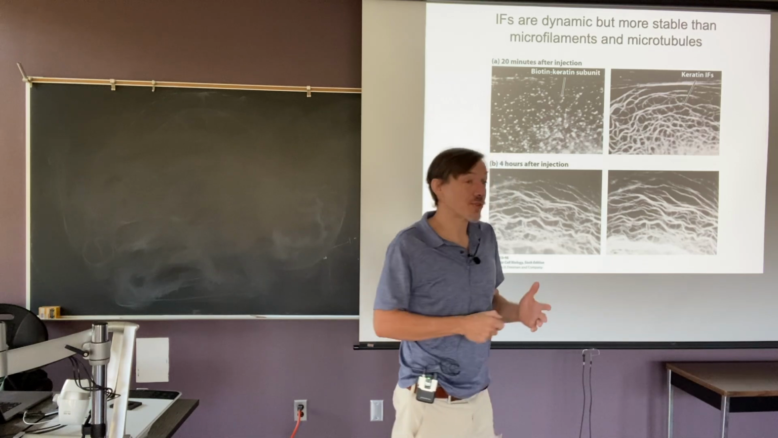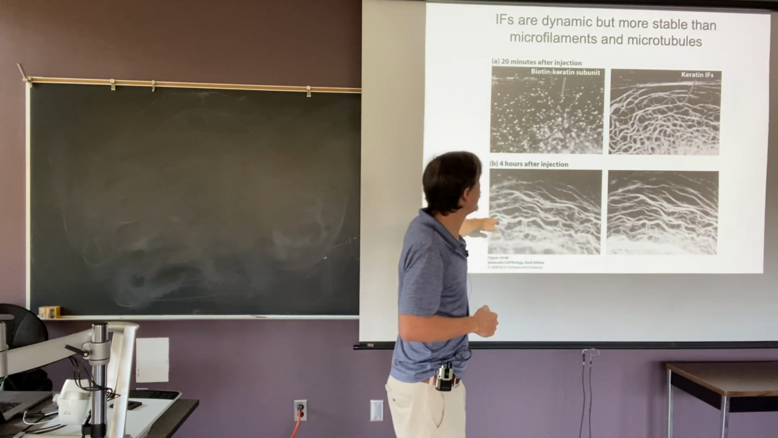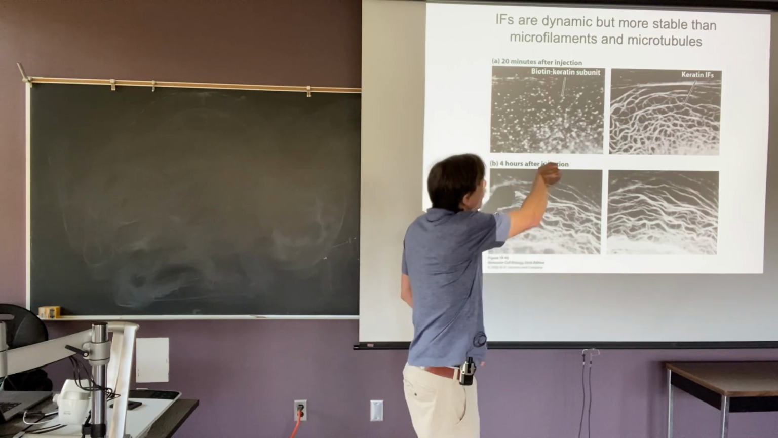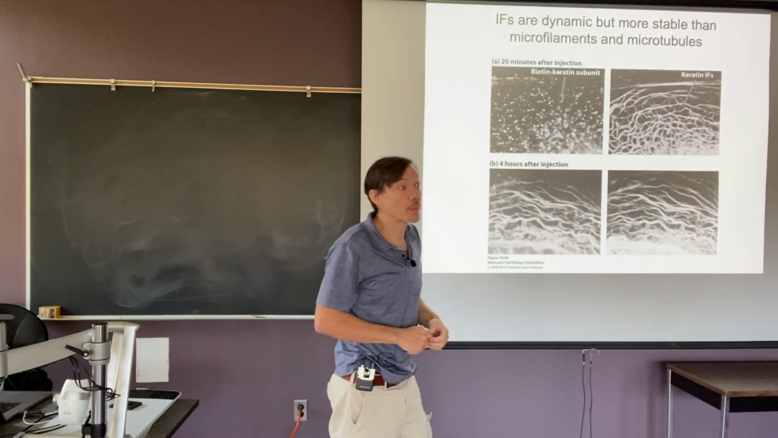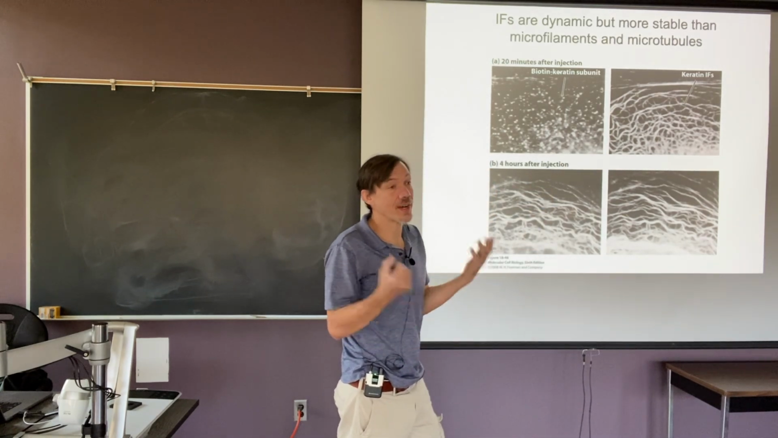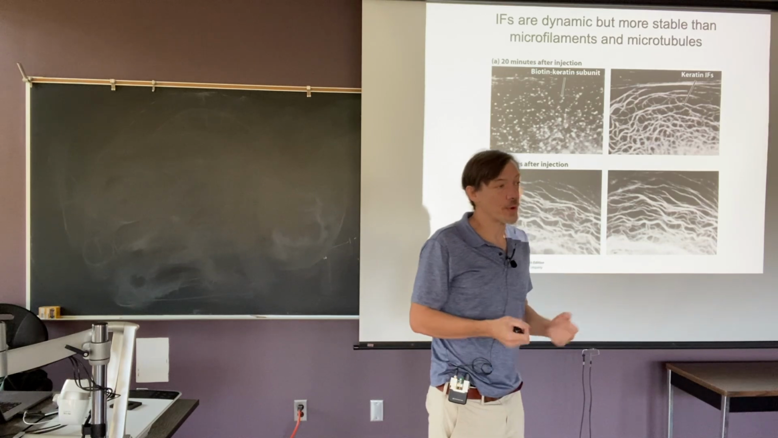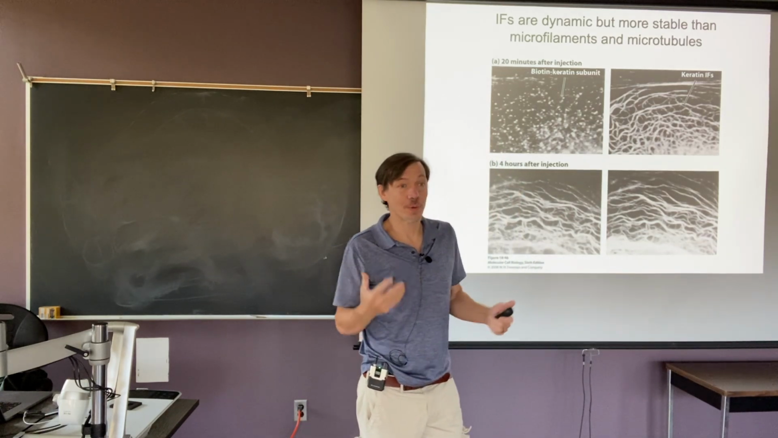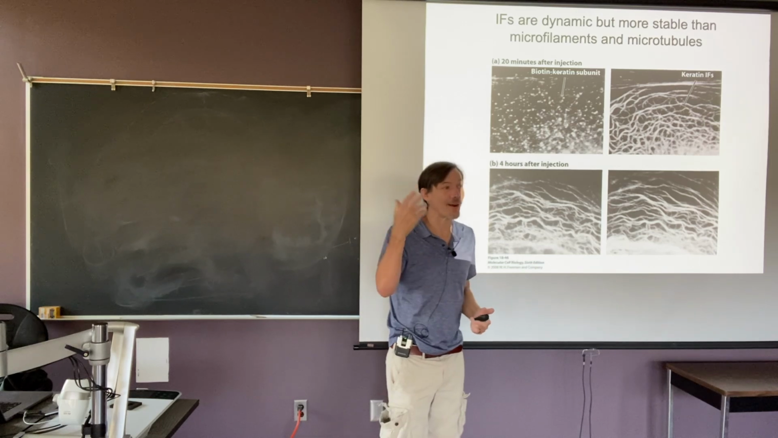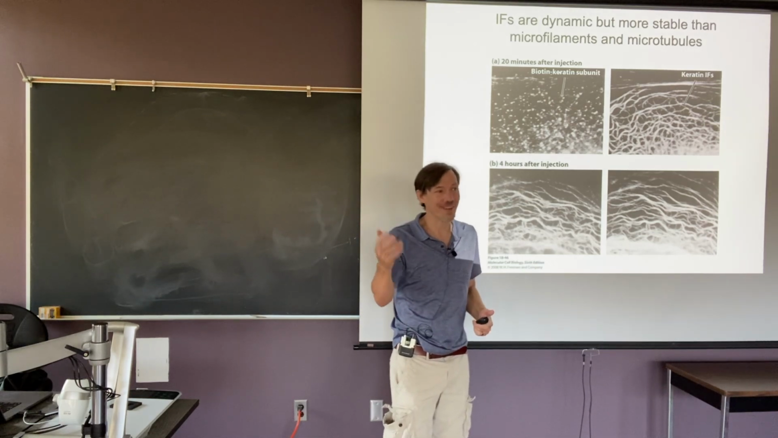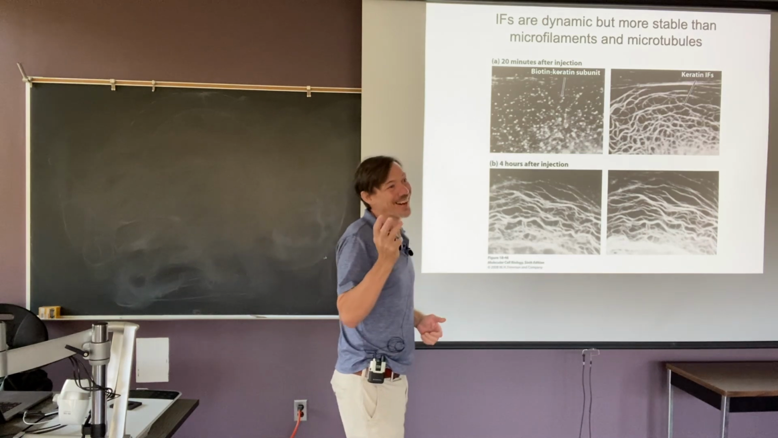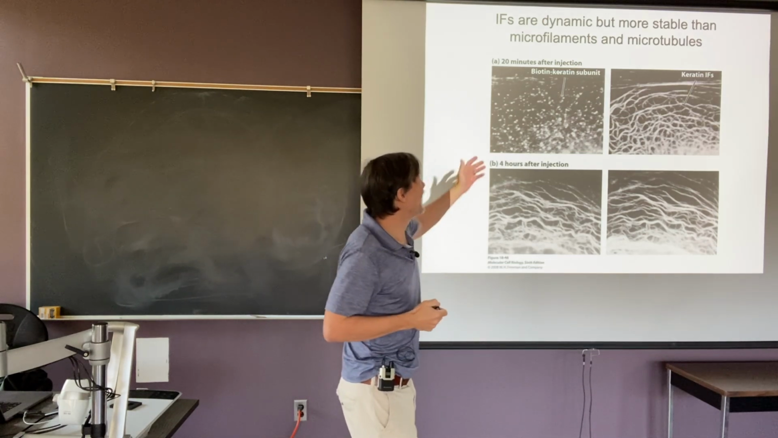Just to illustrate the dynamics of intermediate filaments, this is a cell that was injected with a type of intermediate filament protein called keratin. In fact, keratin is one of the proteins that makes up our hair and our fingernails. So if you see somebody with really pretty hair, you can tell them, you have beautiful keratin, and they would think you're a geek, of course. But in any case,